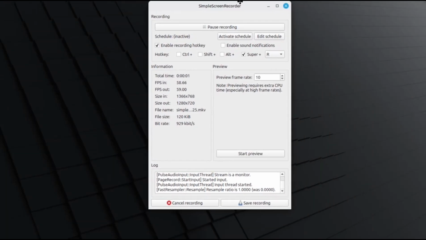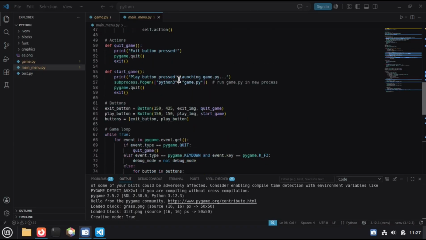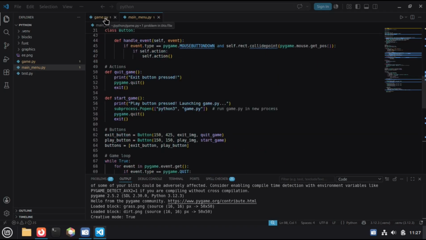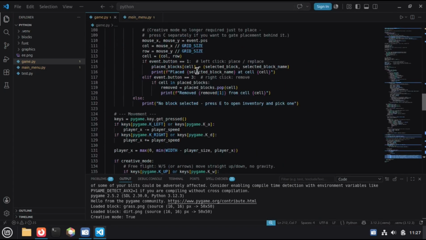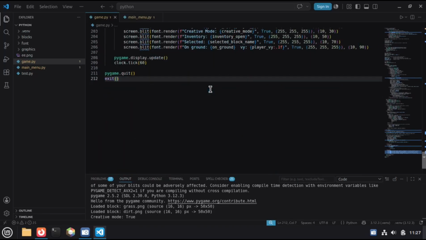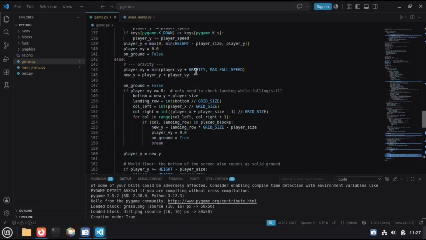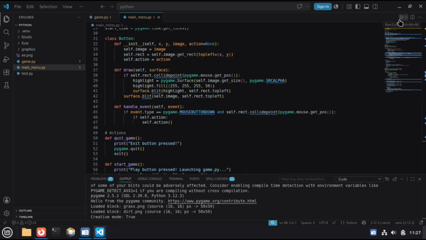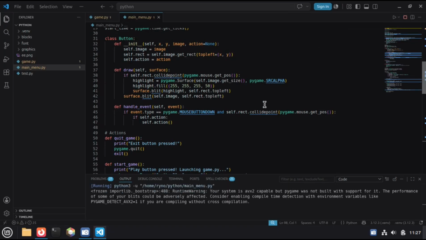Okay, this is my Minecraft clone I have made. As you can see, I have put it into two files, main.py and game.py. I just made that to make stuff easier to separate the main menu and the game. So that way I don't have to struggle with hiding the main menu elements when the world is created.